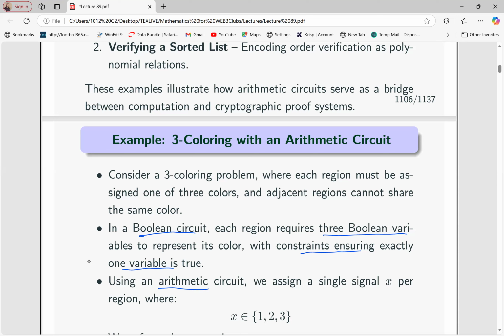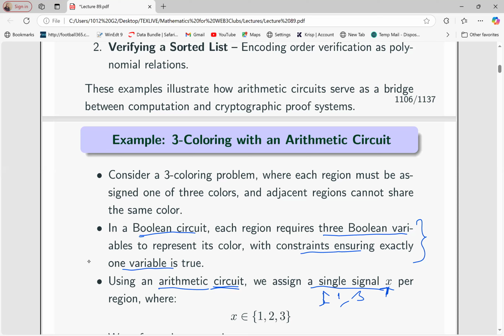Now, that is how you write Boolean circuits. But when you go to the use of arithmetic circuits, the Boolean one is a bit complicated, but this one for the arithmetic circuit is not as complicated, because we would just assign a single signal, X, and this X could be 1, could be 2, or 3,